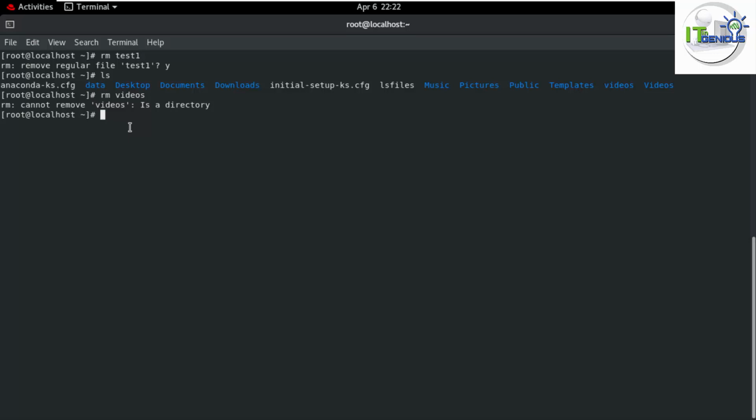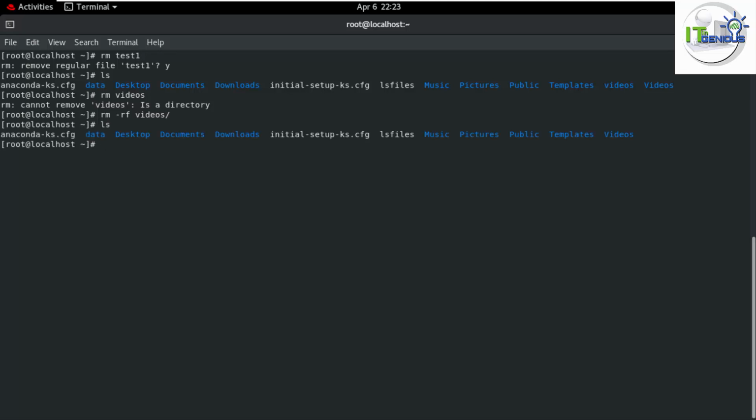To delete directories, you use the switch rm space hyphen rf, which deletes your directories forcefully without confirmation. So remember that rm space r you can use for removing directories, and rm space hyphen rf for removing directories without confirmation. Let me specify videos, and it will remove my directory permanently.